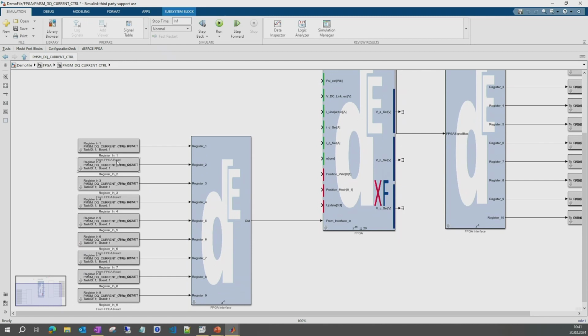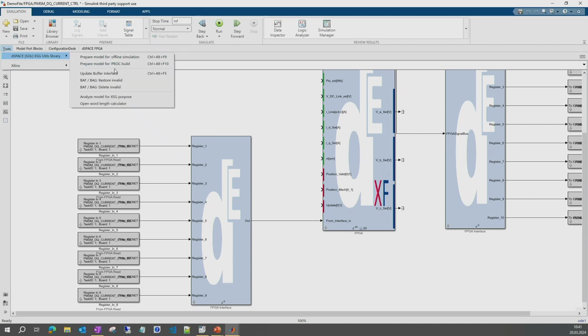Here we can see the registers that are generated. Finally, using a shortcut known as Ctrl-Alt-F9, we connect all the buffer access Goto blocks and the buffer access From blocks. This can be done by going to Tools, going to Solutions, and here you can find the shortcut.